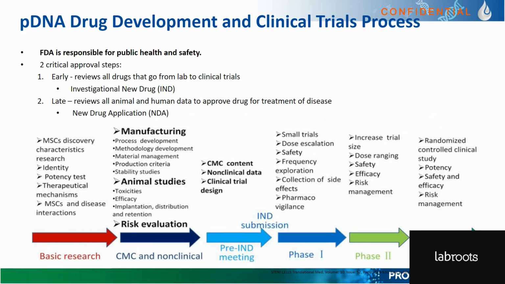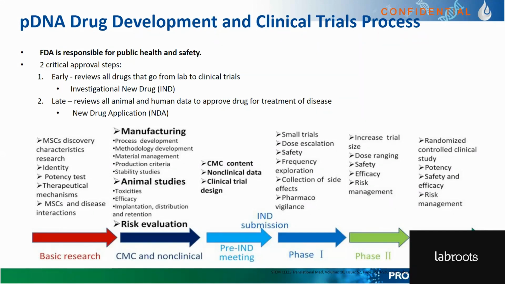So the FDA has two important approval stages for drug development. The first being the IND, investigational new drug stage. It evaluates all drugs that are ready for clinical trials for laboratory use. And next is the new drug application stage, which evaluates all animal and human data to approve drugs for treatment